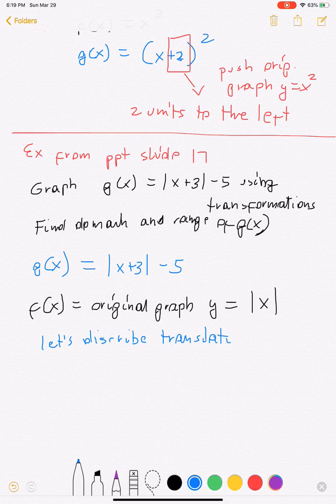Translations. So look what happened. Your x is affected by adding 3. Absolute value is like parentheses. So we have a change involving x, so that plus 3 means that we have a horizontal shift